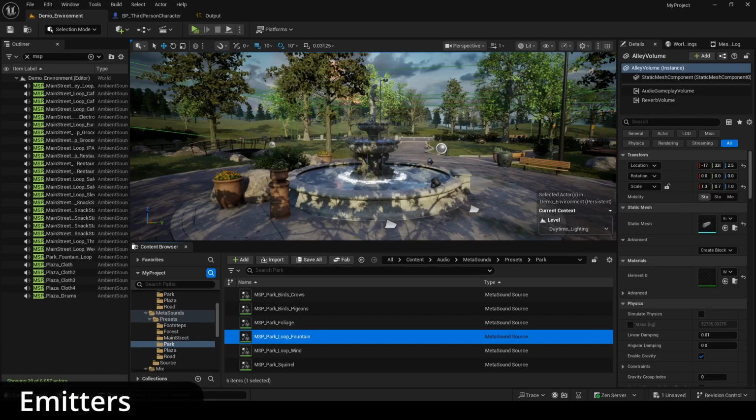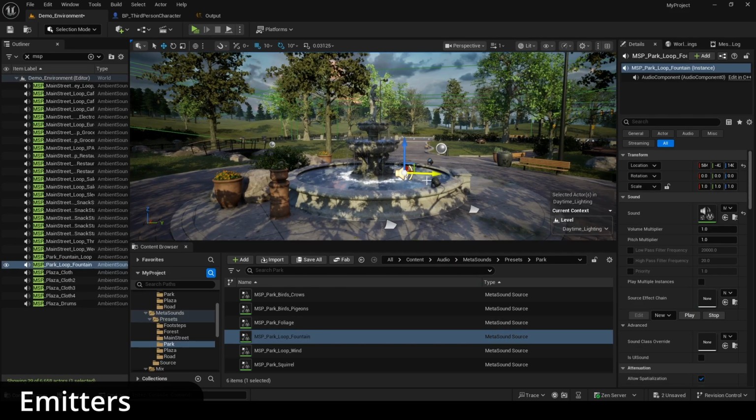The final thing to set up were emitters. I took the approach of having the emitters act as the foreground sounds, especially since they were the only sounds coming from a specific location in the world. I started with the easiest one, which was the fountain in the park. For this, I just dragged the meta sound into the world using the same looping preset from earlier, and then